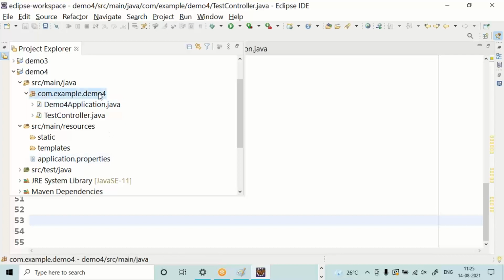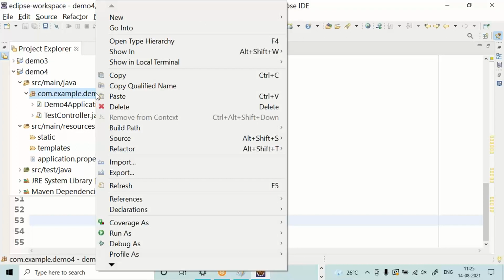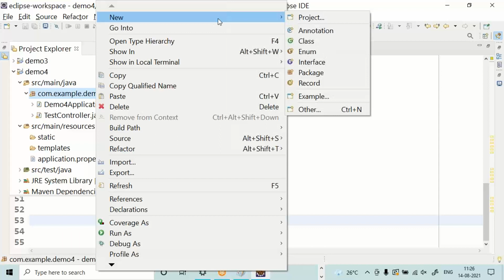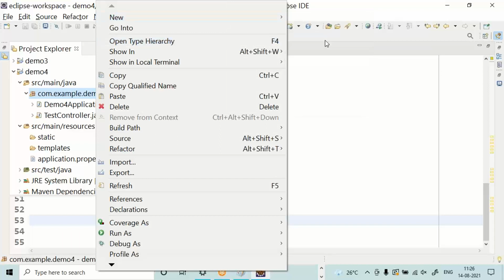First, let us develop a bean. Guys, a bean is nothing but attributes and their setters and getters. Let us see. Right click on the demo4 package. Go to New.